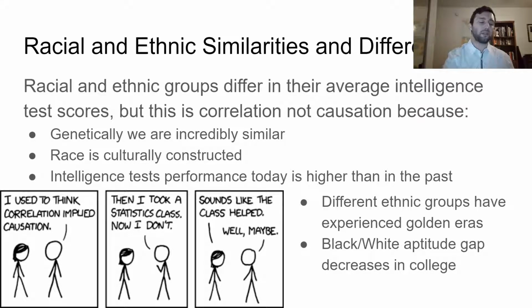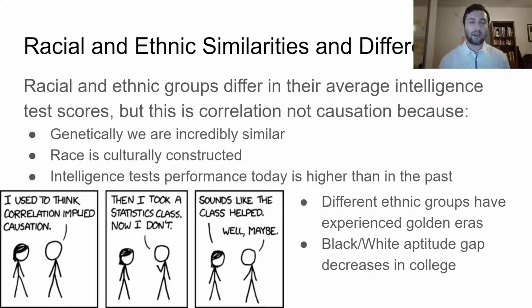We also know that throughout history, all different ethnic groups and racial groups have had what we call a golden era. So it can be really tempting, especially as a history teacher, I can say when you look at history textbooks, there tends to be a lot of focus on white European exceptionalism, right? Kind of all these things.